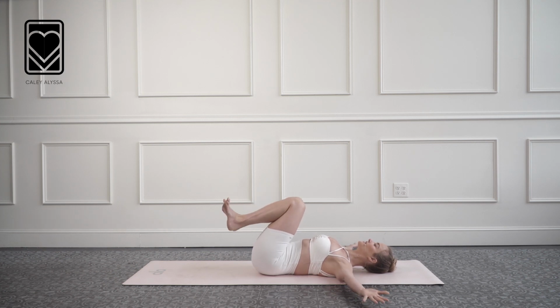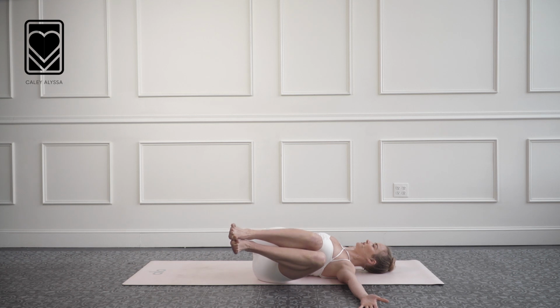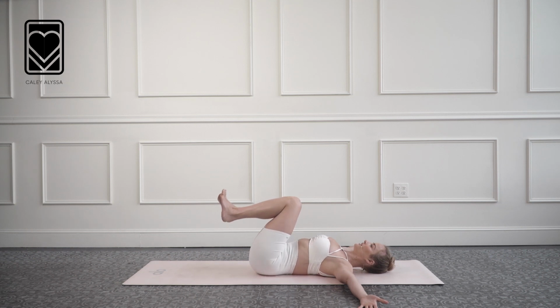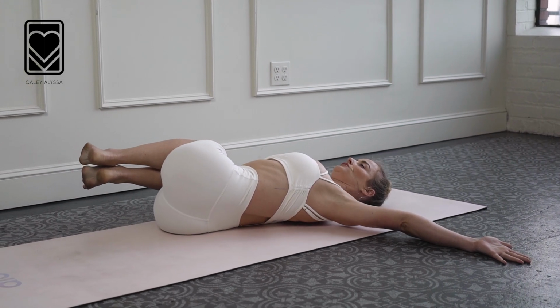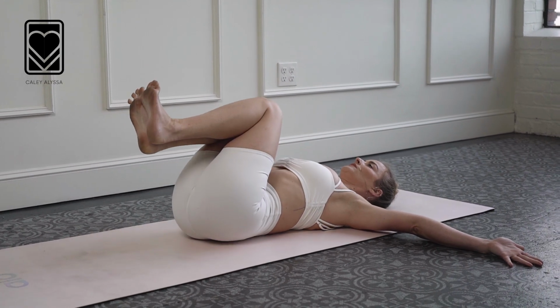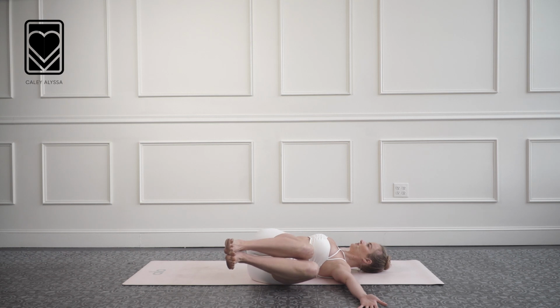Keep the knees into the chest, and as you inhale, begin to twist the knees over to the left, but don't let them touch the ground. So hover just an inch or two above, and then exhale, come back to center. Good, do it to the right. Lower the knees to the right, hover above the ground, press the left shoulder down into the mat, exhale to center. Do this again, inhale to the left, pushing the right shoulder down, exhale center,